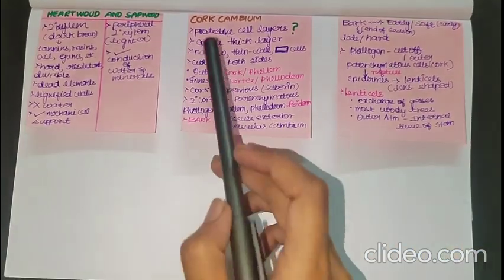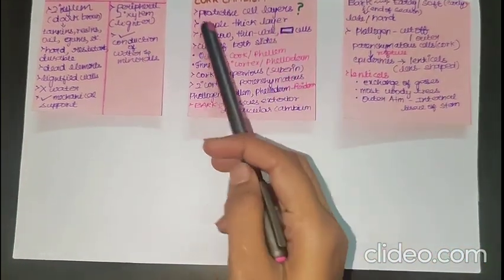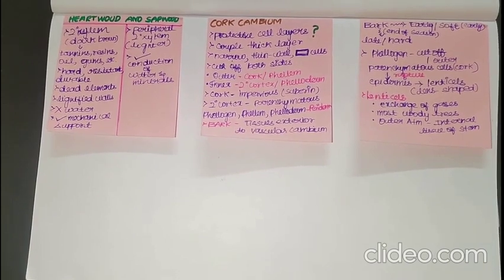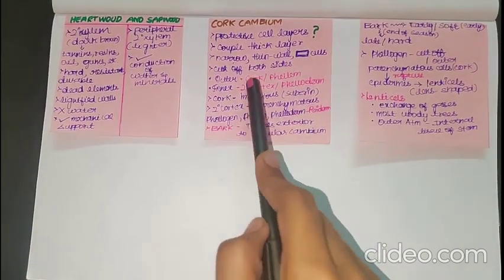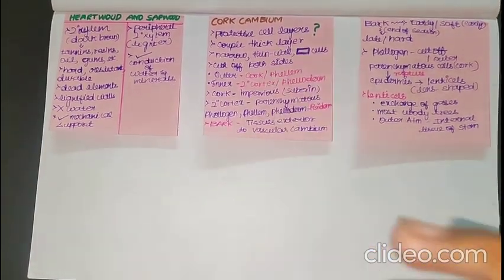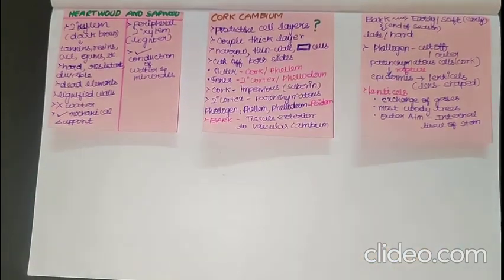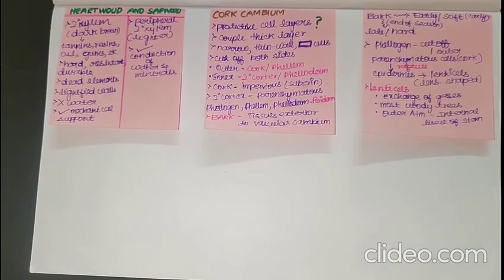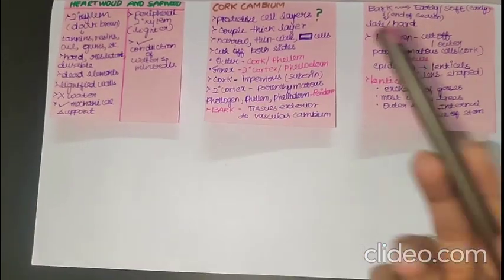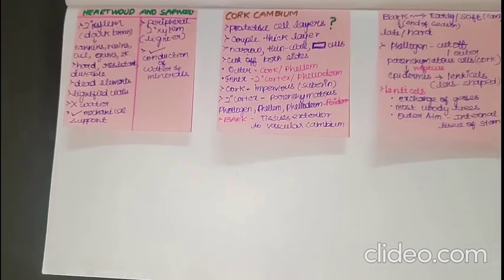So to protect it, there will be a formation of protective layers as soon as possible, which is called the cork cambium. These are a couple of layers thick, narrow and thin-walled. They are arranged in a couple of thick layers, but their walls are thin and they are made of rectangular cells. And these cork cambiums will start cutting off cells on both sides, inner and outer. The outer side will be differentiated into cork or phellem, but the inner side is called the secondary cortex